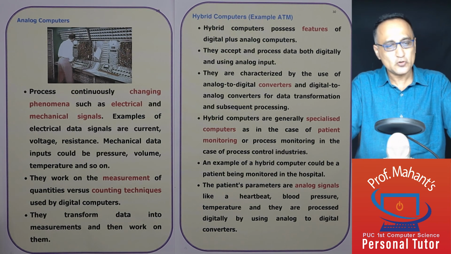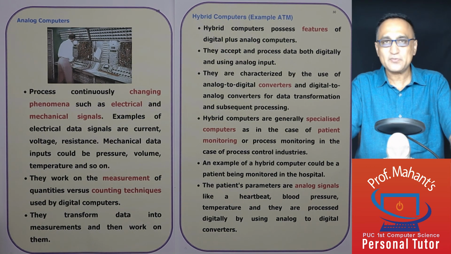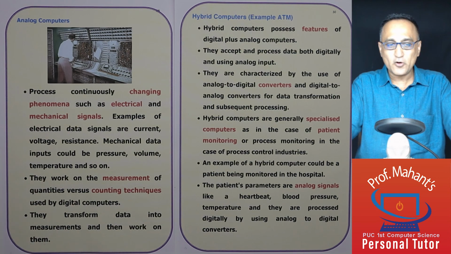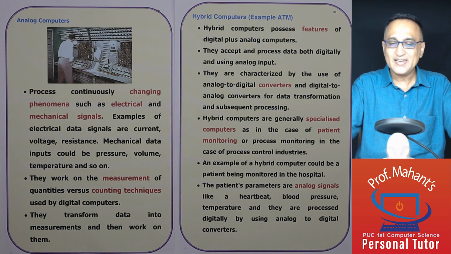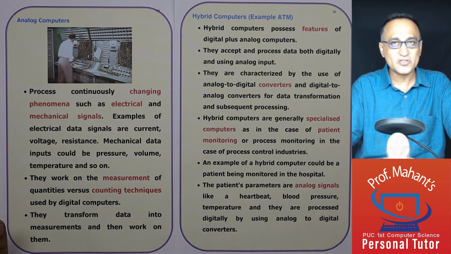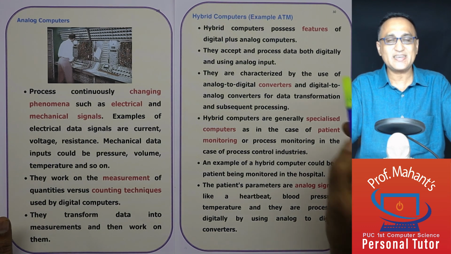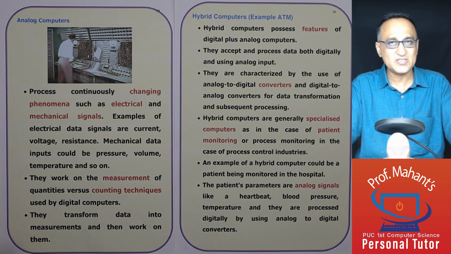So far we discussed the different types of computers based on the input they process. Analog computers process changing phenomena like temperature, pressure, volume, and so on. Digital computers process data which is in terms of zeros and ones, also known as discrete data, because discrete data has just fixed values which is 0 and